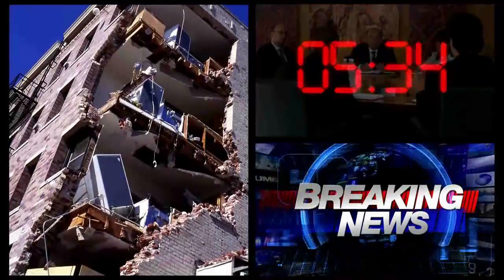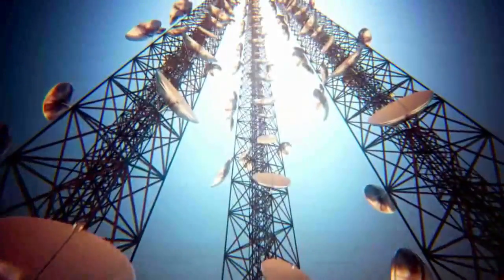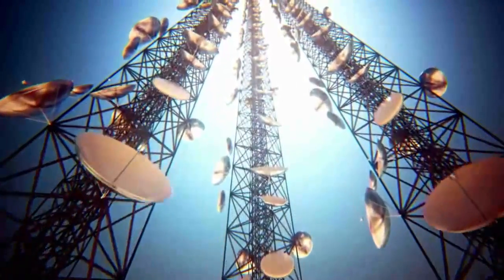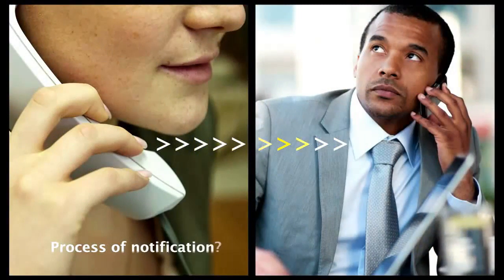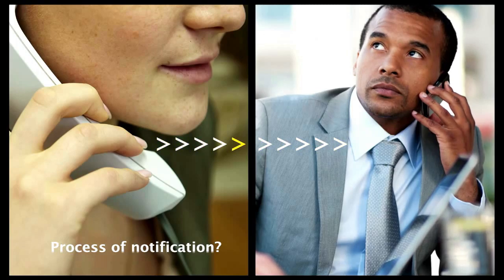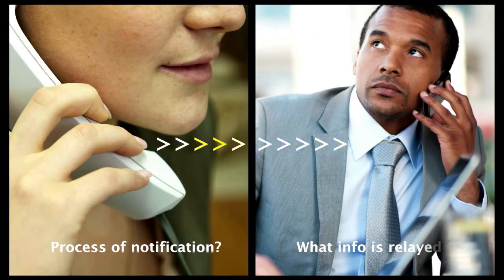Clear and redundant communications are an integral part of a successful continuity program. For example, how will your organization notify you and the other staff members that it has decided to activate the plan? What information is relayed in the message? What if phone lines, cell phone networks, or email servers are down?